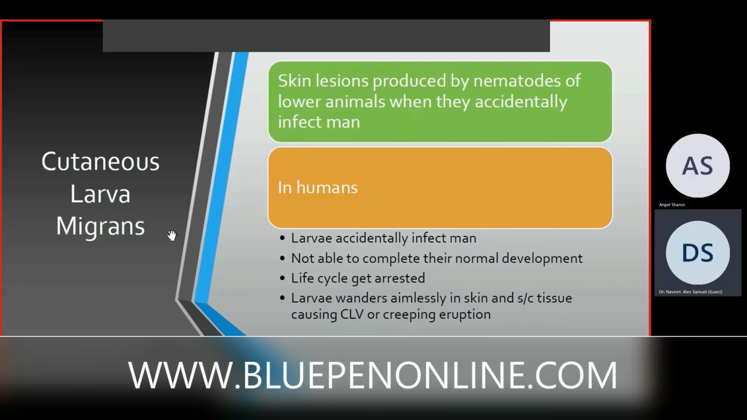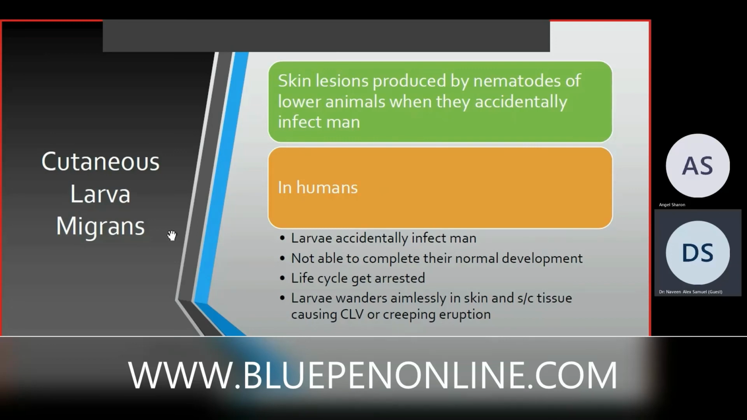Yes, sir. So the life cycle is completely arrested. They don't have a life cycle. They'll be in the larva form and they'll die off there. During their migration, they'll cause various hypersensitivity reactions or other complications. So the larva accidentally infects man and is not able to complete its normal development. The life cycle gets arrested, and the larva wanders aimlessly in the skin and subcutaneous tissue, causing cutaneous larva migrans